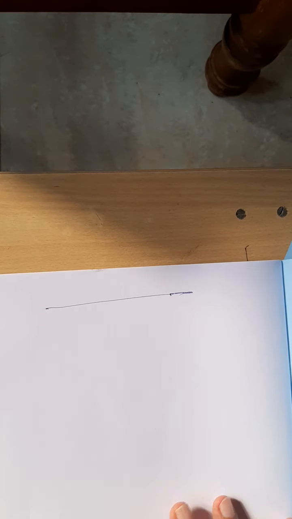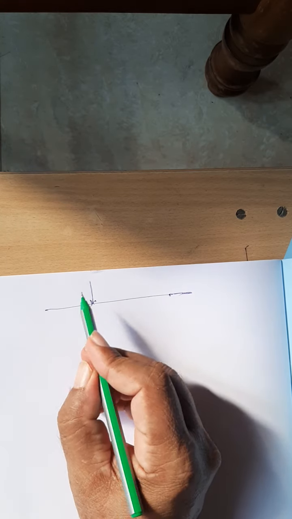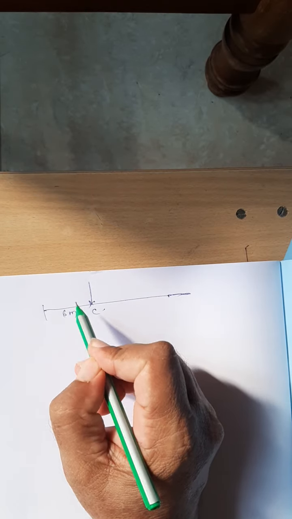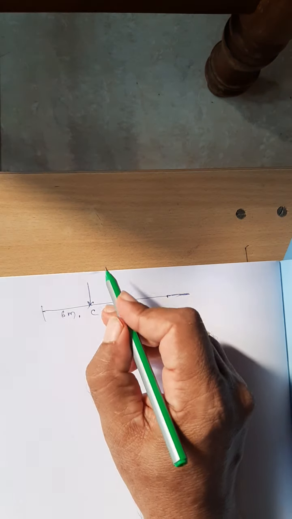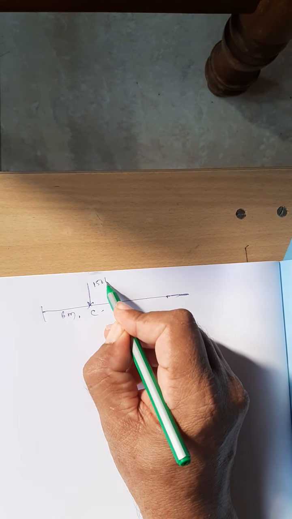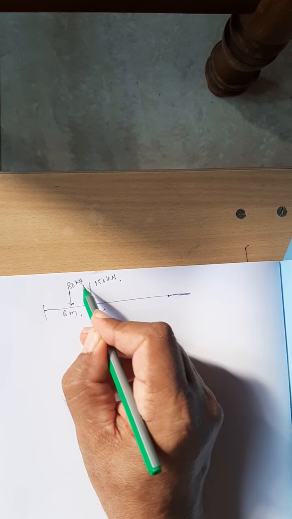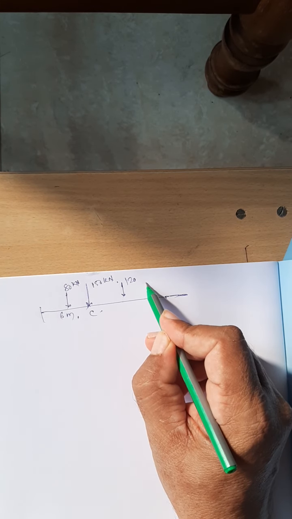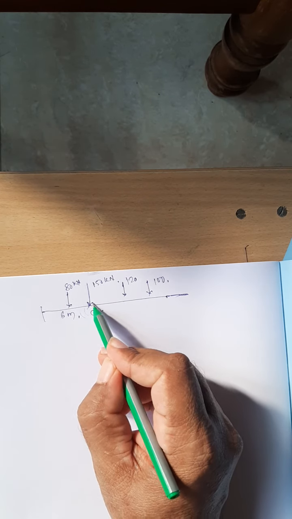Yes, you are keeping that particular force system, 150 kilonewton load at the point C. So where is the point C? C is at a distance of 6 meter. Yes, backside of it, what was the load? The load is 150, then 80 kilonewton. Then comes 120 kilonewton. Then comes the 100 kilonewton. Yes, I want the maximum bending moment at the point C.